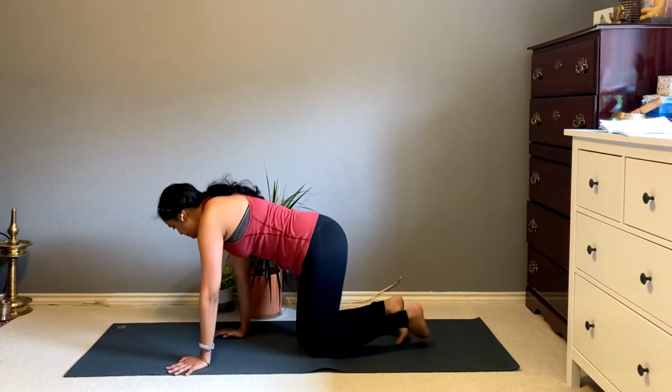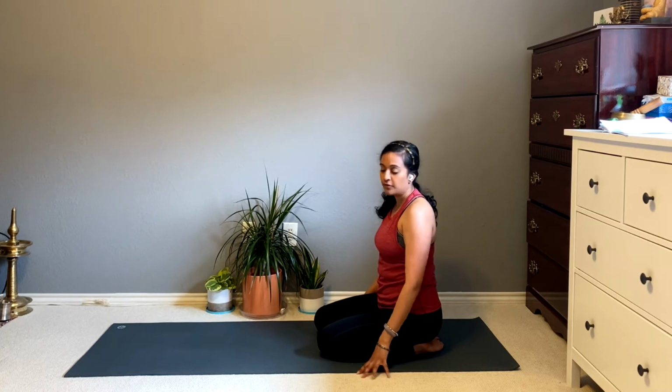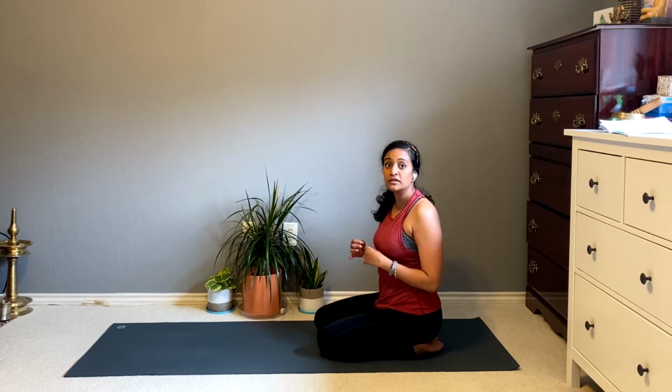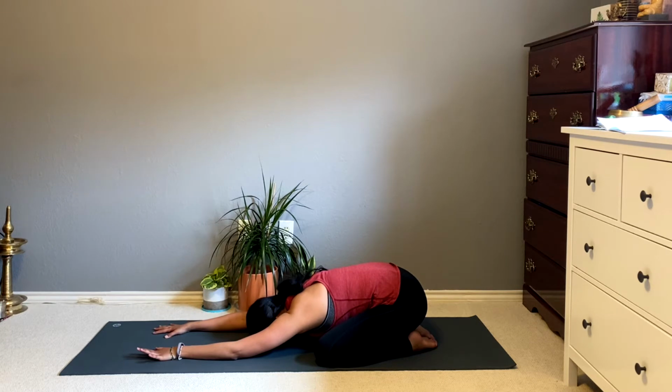So a couple of options here. You can always have your knees a little bit closer together, or you can take your knees a little bit further apart. I invite you to take your knees further apart than you normally would. Your big toes can touch, and we'll start to walk the hands forward, bringing the forehead down towards the mat. And now we're really bringing our awareness here to all of the points of the body that are making contact with the ground below you, feeling the support of the earth,